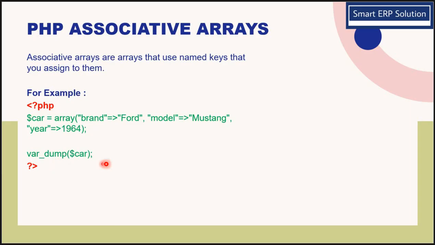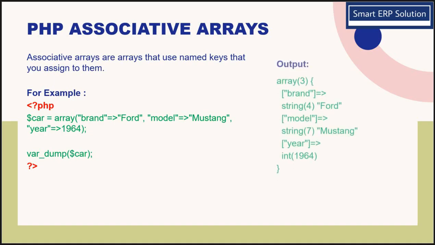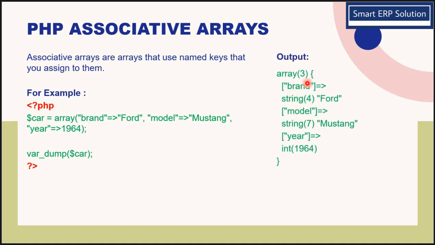If we write the var_dump function and pass the $car array as a parameter, the output will be array(3). There will be 3 items: brand, model, year. And instead of the index, in the indexed array we see that 0, 1, 2 are the positions. Here, instead of 0, 1, 2, it displays brand, model, and year. This is the key brand, and this is the model. So model will be Mustang, and